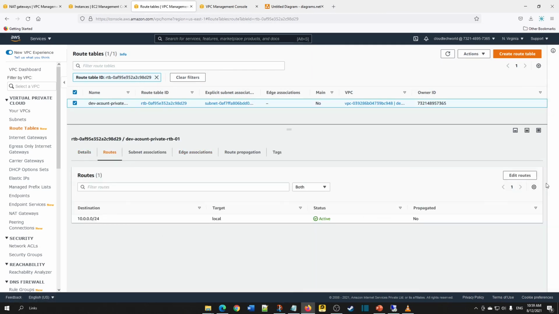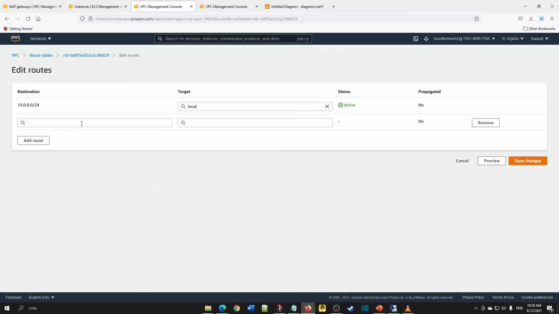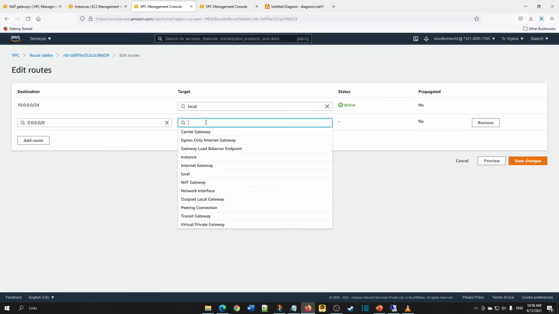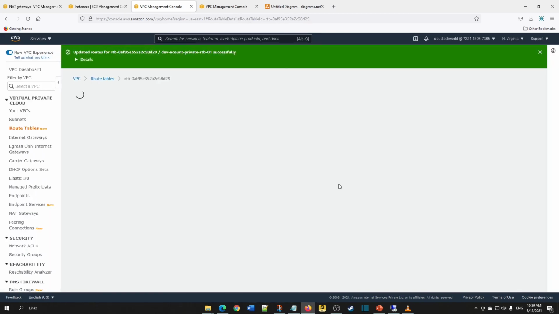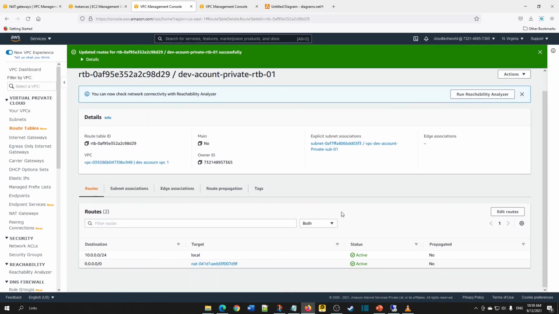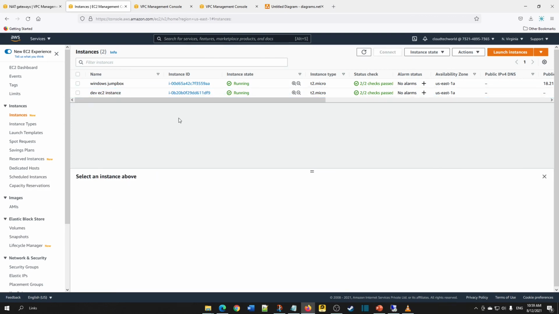Go to routes, click on edit routes, click on add a route. Now add the NAT gateway and click on save changes. Now our Linux East instance should be able to connect to the internet to download any packages.